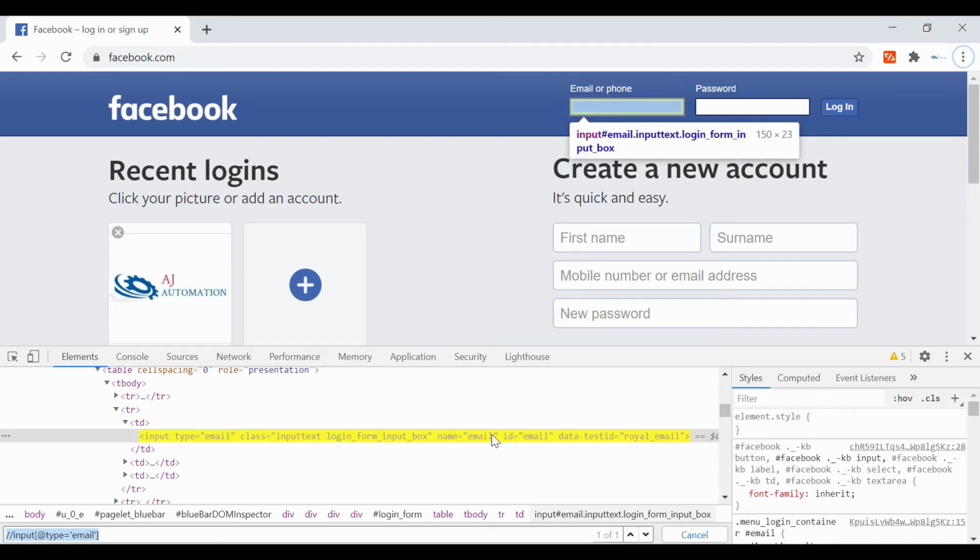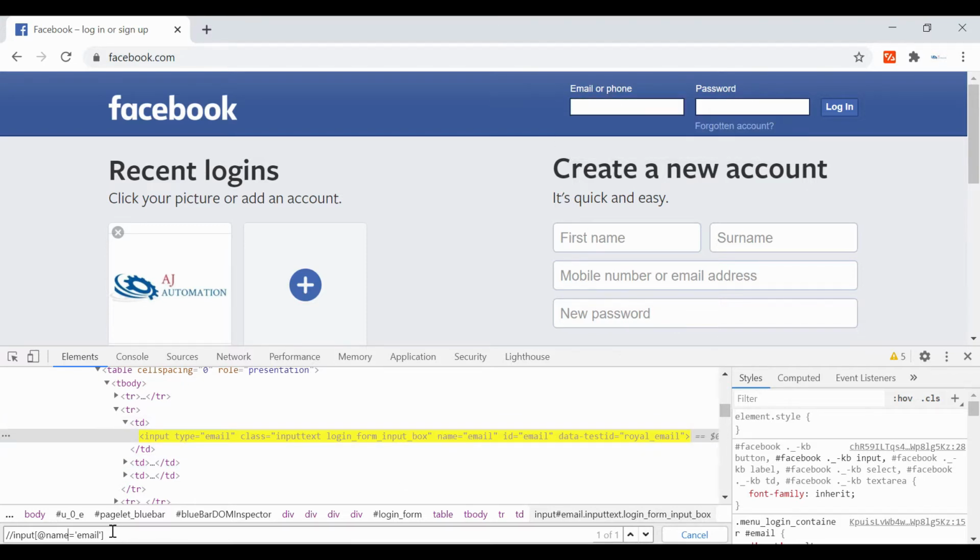Let's say, for example, I need to use name or id. Here, the only thing you have to change is the attribute. Let's say id is equal to email. It's also working. And if you change to name, this time also it will work, because we are writing the right attribute name and the right attribute value.